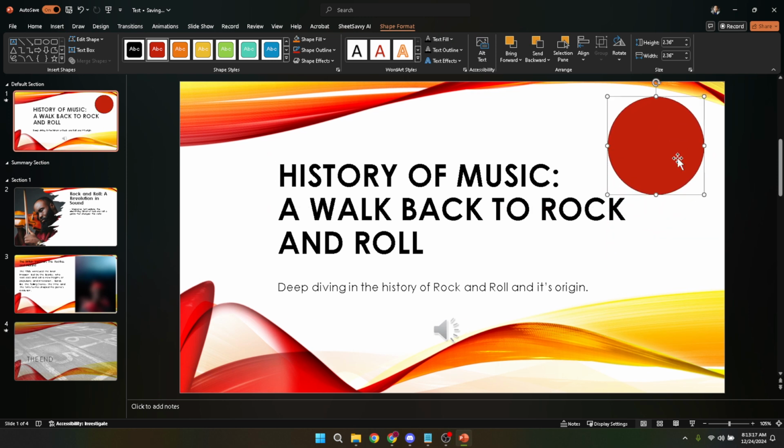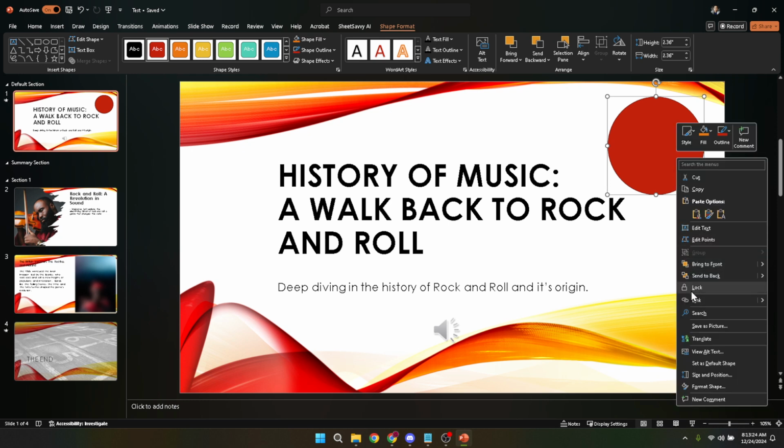The next step involves a bit of a right-click maneuver. Hover over the oval you've just placed on your slide, right-click on it, and a context menu will appear. From this menu, you'll want to find and click on Format Shape. This opens a new window or pane, depending on your version of PowerPoint, giving you access to numerous customization options